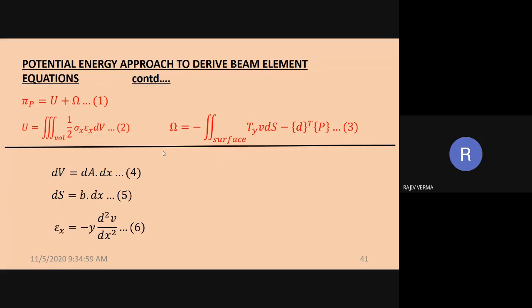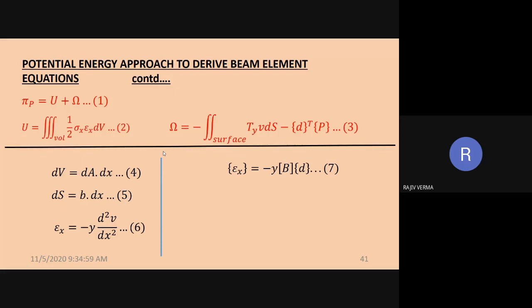This obviously has been derived in your elementary SOM theory. So we need not discuss why there is a term corresponding to the second differential of v and why there is not a first differential of v. I am sure that these are some of the theoretical topics which have been covered in your previous SOM classes. So we move forward,